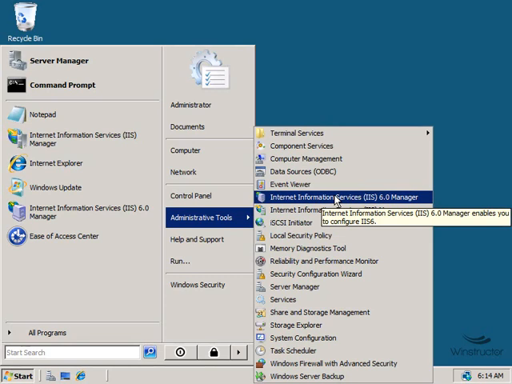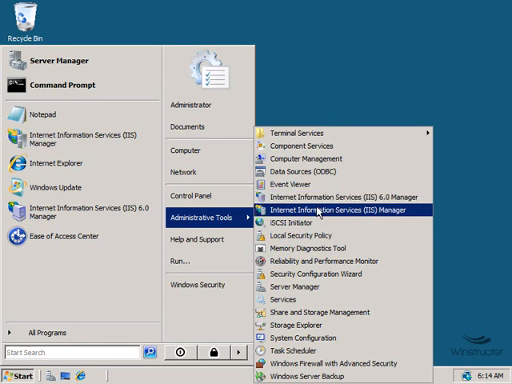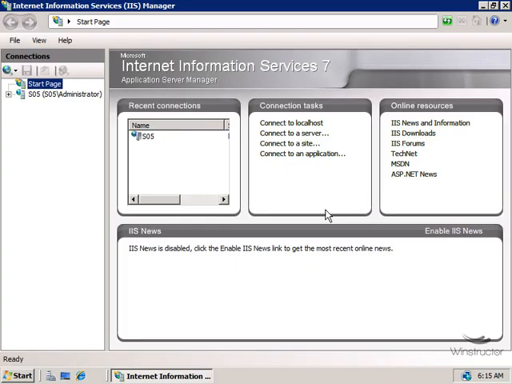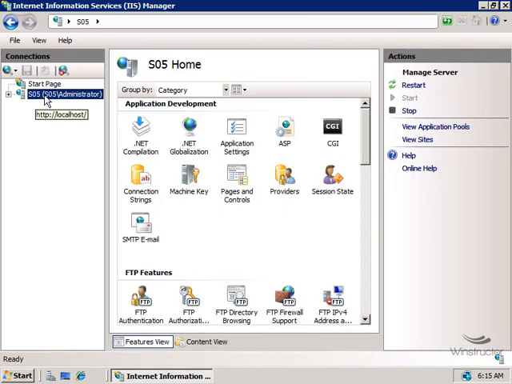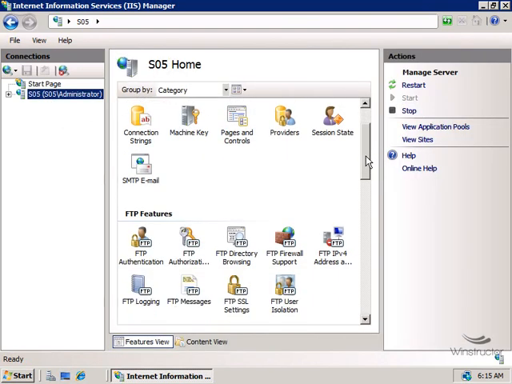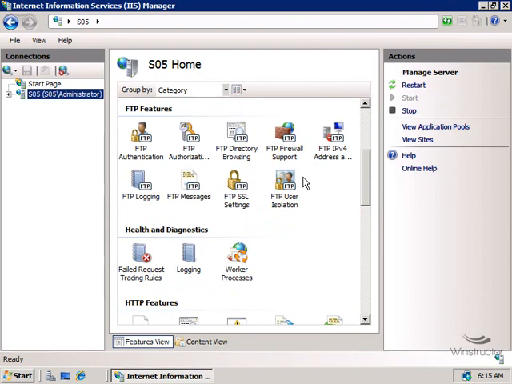Now that we've just installed FTP version 7, we can and we will be managing it using the new IIS Management Console, which of course is this one. So on the left hand side here, we're going to select our server SO5. And in the middle, if we scroll down a little bit, you can see here that we have 9 options